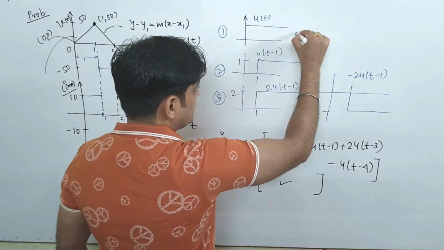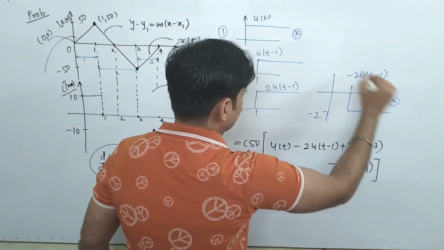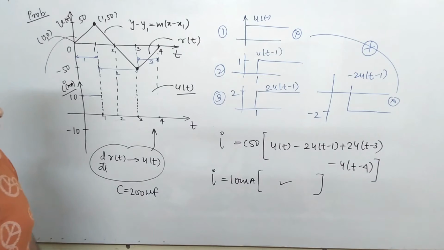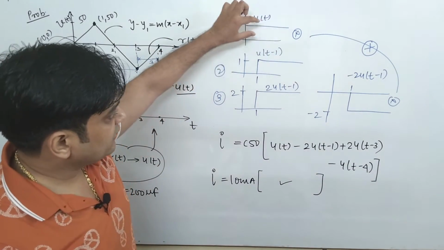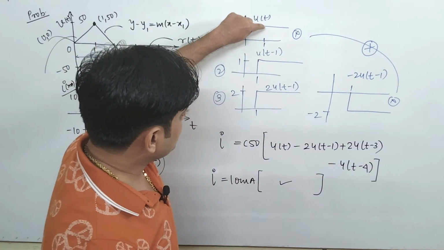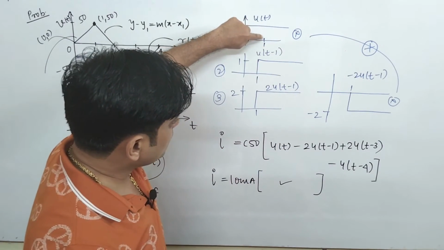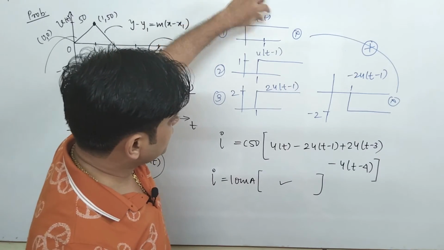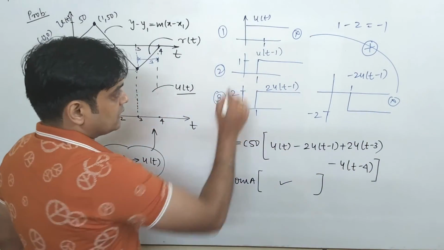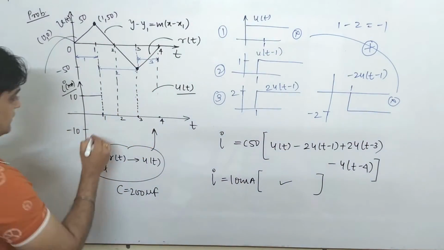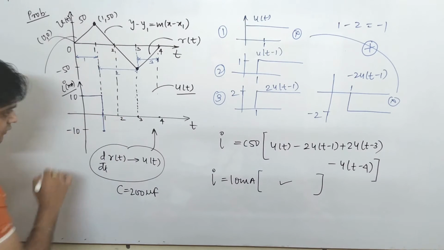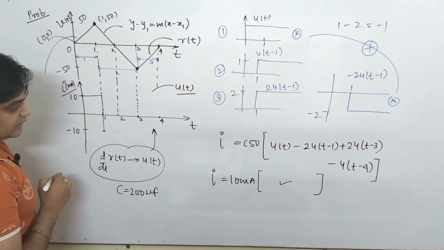Now when you see this signal and when you add it, what will happen? This signal is going in this manner. When minus 2u(t) comes here at 1, this signal goes down up to where? Since it is u(t) with a minus, that goes to 1 minus 2, that comes to be minus 1. Yes, so that goes to around minus 1. Similarly here, this goes to minus 1, because of the magnitude. So now it comes here.